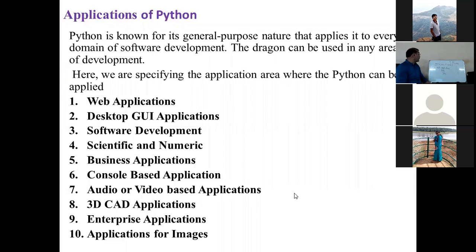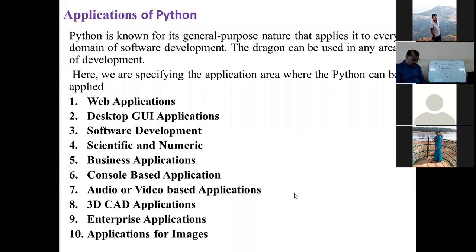Second one is the desktop GUI application. What is GUI? Graphical User Interface is the GUI. Correct? And you can develop GUI applications.